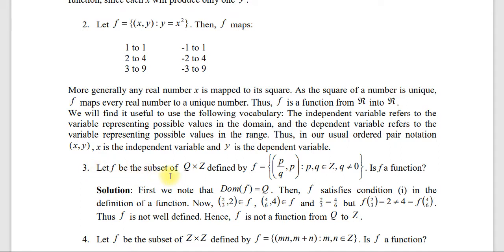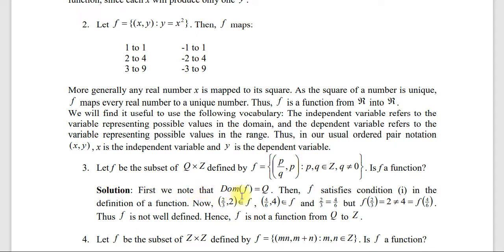Let f be a subset of q cross z defined by f which is equal to the set containing p over q comma p such that p comma q is an element of z and q different from 0 because q is a denominator, so denominator must differ from 0. Is f a function ይለናል። አሁን እዚህ ላይ የተሰጠን ሴት ቢልዲንግ ሜትር ነው የተሰጠው። ፋንክሽን ነው አይደለም ተብሎ እንጠየቀው።